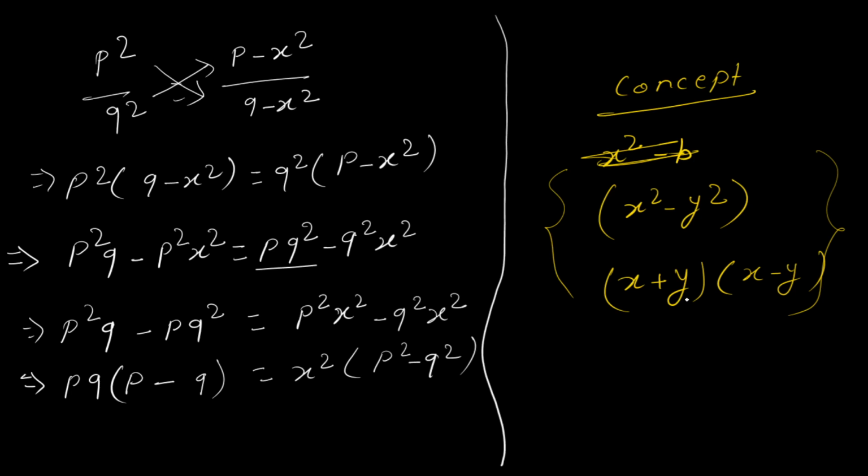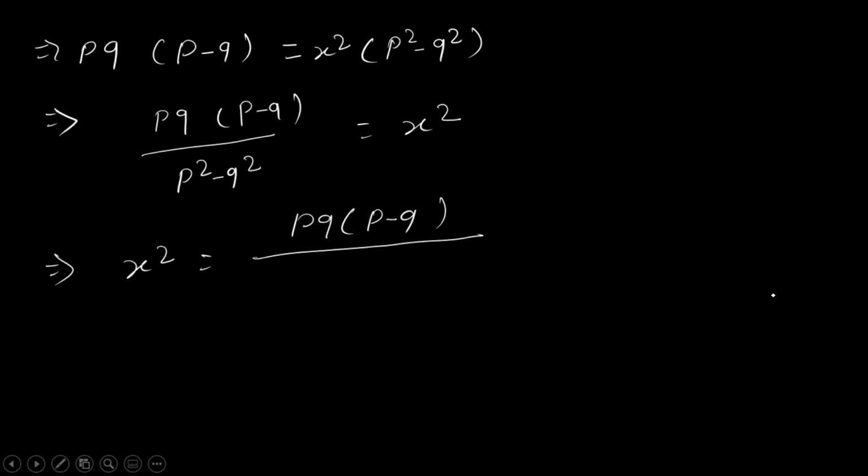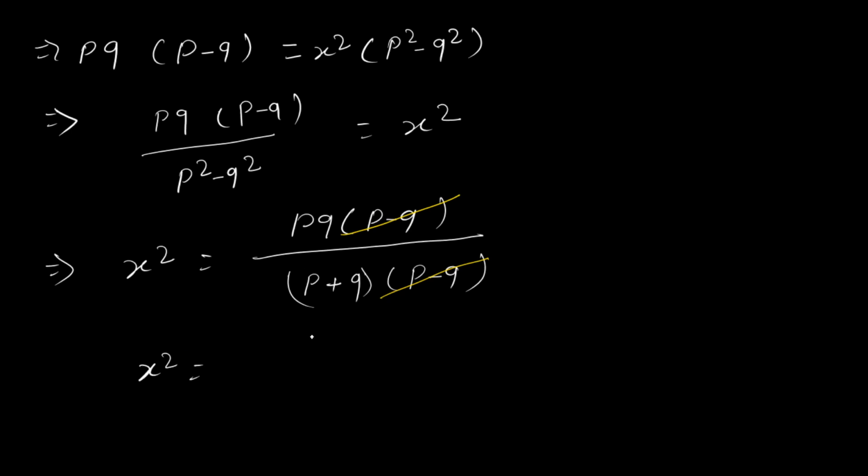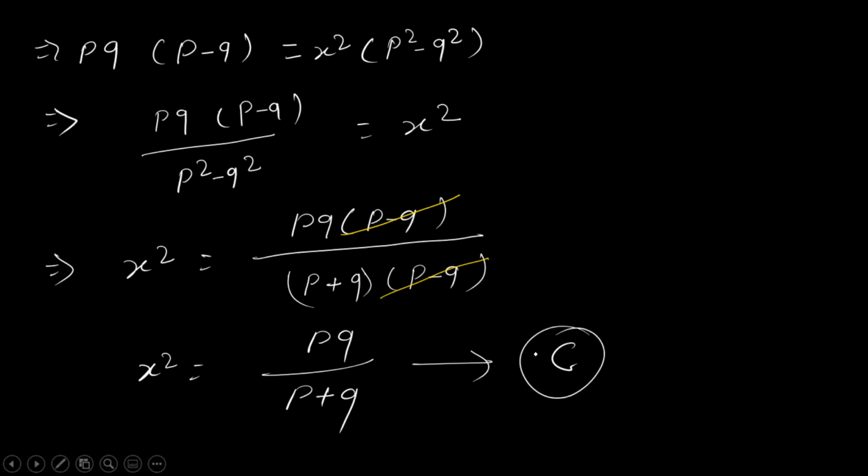and then I wrote one formula this side, x square minus y square equal to x plus y and x minus y. Yes, sir. So P square minus Q square equal to, you are going to tell me P plus Q and beta P minus Q. Am I right? Right, sir. Then what is common here? P minus Q and P minus Q got cancelled. So x square equal to PQ divided by P plus Q. Am I right? Right. Is there any option? PQ divided by P plus Q. Yes. C number is the option, right? Right, sir.